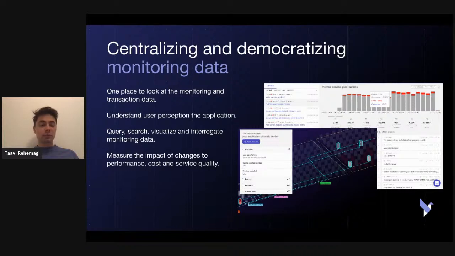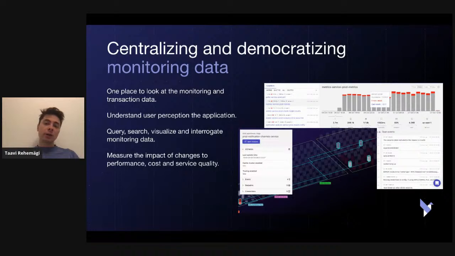But the first part, the first pillar, is all about understanding how users perceive the application and basically democratizing all different aspects of the data.